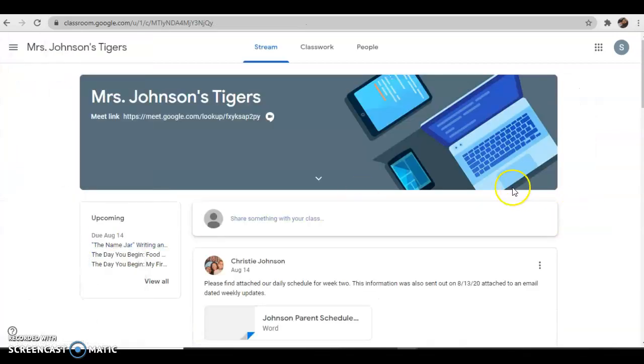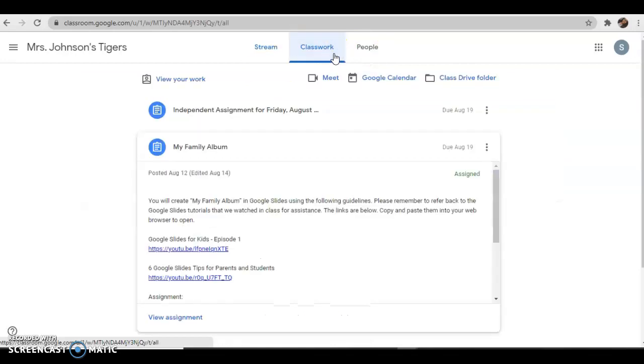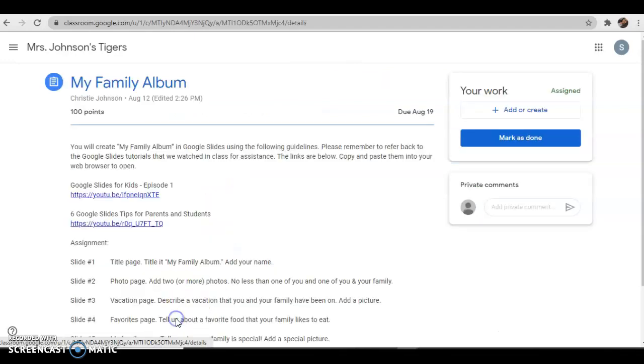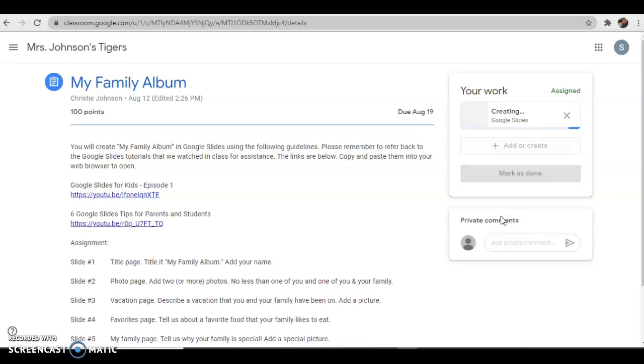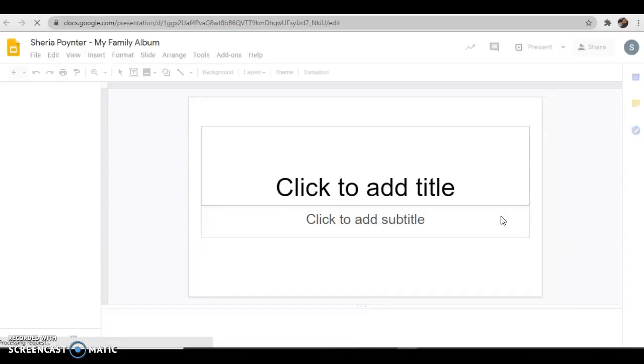So we're going to go to the classroom and we're going to go to our classwork. Then we see the family album. That's the assignment I'm going to show you. And we're going to view this assignment, and then we're going to add or create. So I'm going to show you how to do it strictly from here. So we go to the slides, and it's going to load this up for you and take you over to the Google Slides